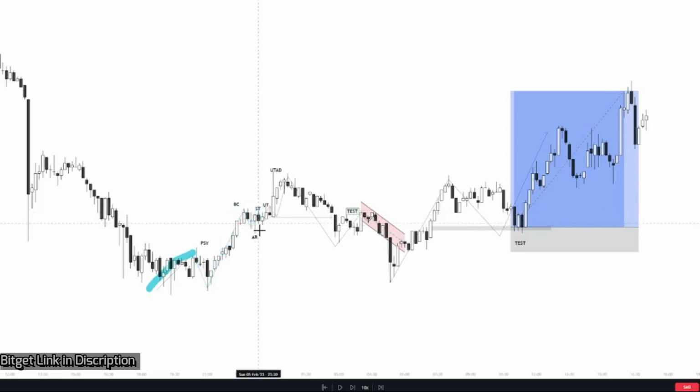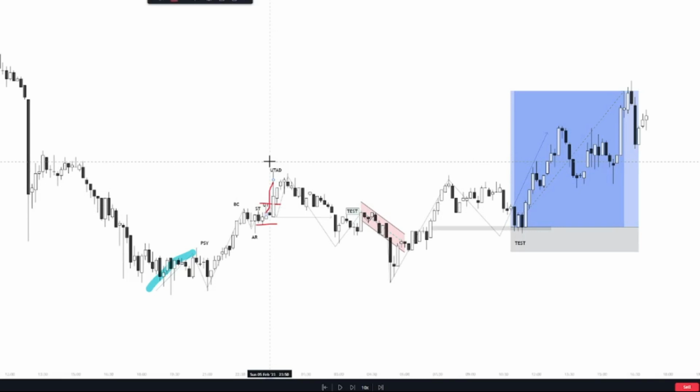Now liquidation of AR is not necessary, as we discussed earlier. Price moves up, liquidates ST and gives UT. Now you have to differentiate whether it's a type 1 schematic or type 2 schematic. To do so, you have to wait for the price to either break this low or break this high. Price broke this high and gives UTAD, and we call this a type 2 schematic of Wyckoff